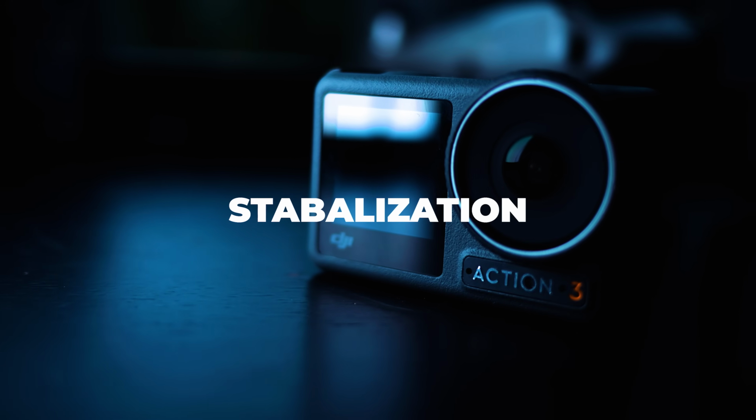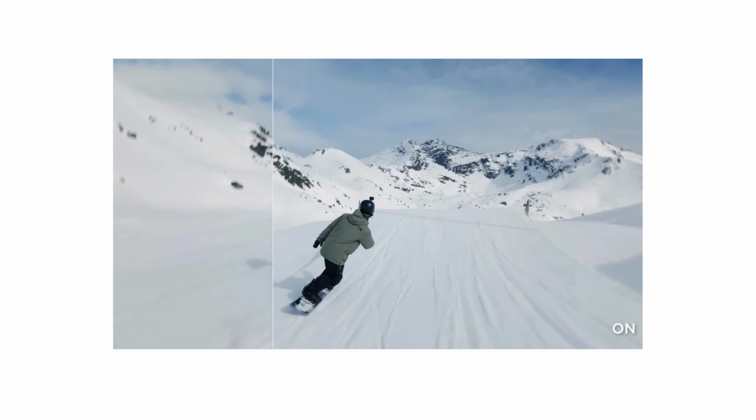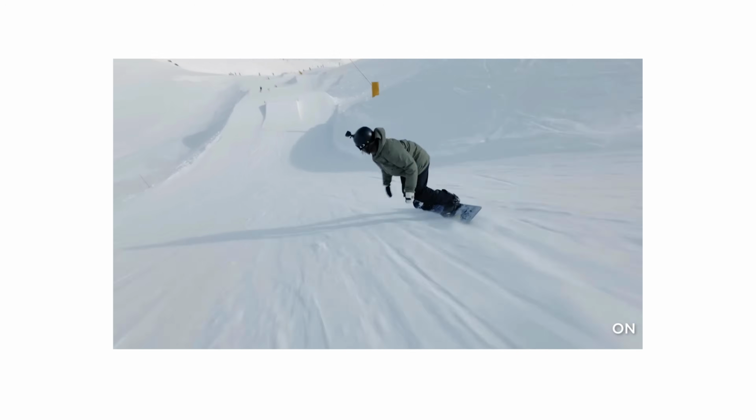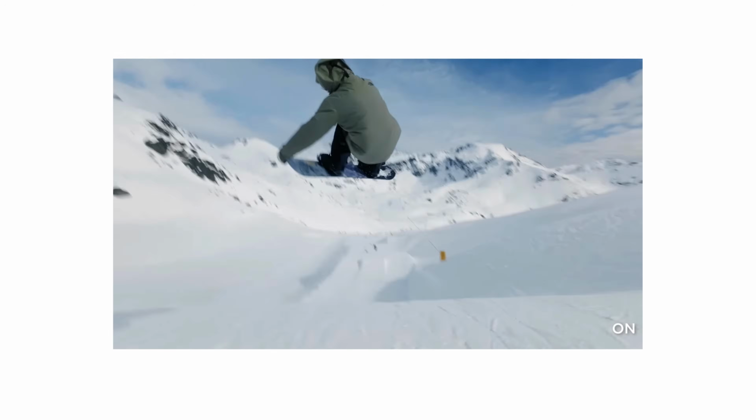Moving on to another key feature is the Rocksteady Stabilization. I talked about it for a second, but we'll dive into it a little bit more. It's amazing, super solid, super steady. I would expect it to be at this point. Every camera has good image stabilization, and if it doesn't, I would throw it out the window, but it does,